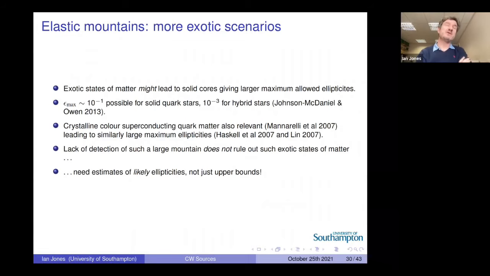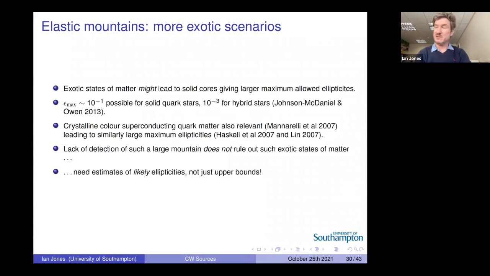stars. In fact, maybe neutron stars aren't neutron stars, maybe they're quark stars, and they could even be solid quark stars. And the significance of the quark bit is that you can then use not just electromagnetism, but the strong nuclear force to try and build your mountains. And that's why these numbers that you can see in that second bullet point are orders of magnitude bigger than the